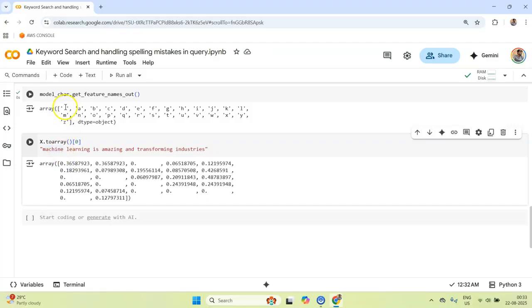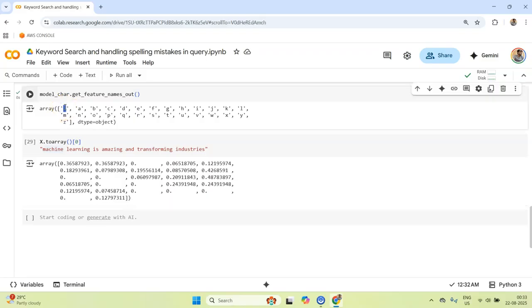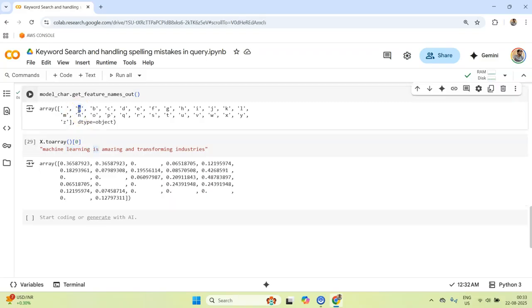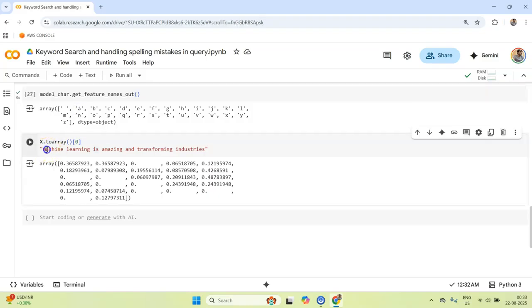The first entry is space, and corresponding to space it is giving this much weight. Why? Because there are so many spaces here, right? Essentially the idea is that it is doing a character level study. For A, I've got many A's, like A here, A here, A here, and so on. You get this idea.